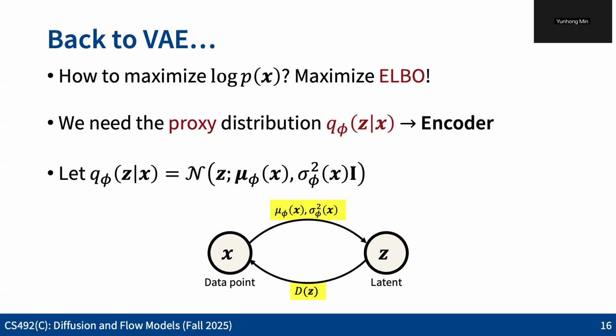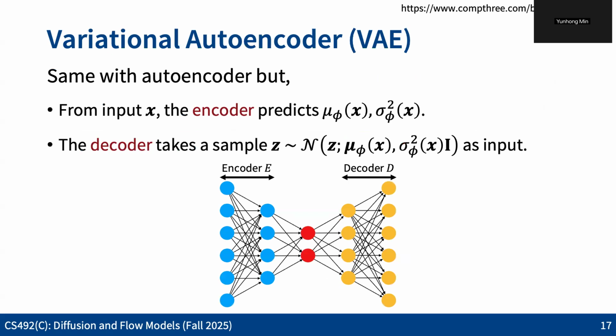standard Gaussian distribution. And now we can see that this becomes quite close to the typical autoencoder, in that we have the encoder mapping from a given data point into the mean and the standard deviation of the